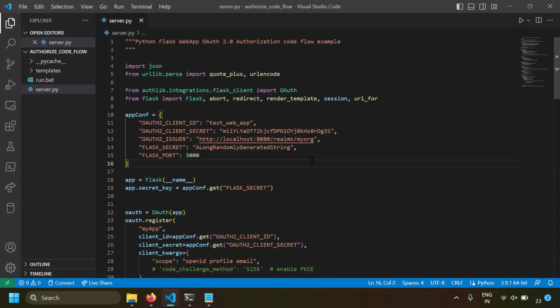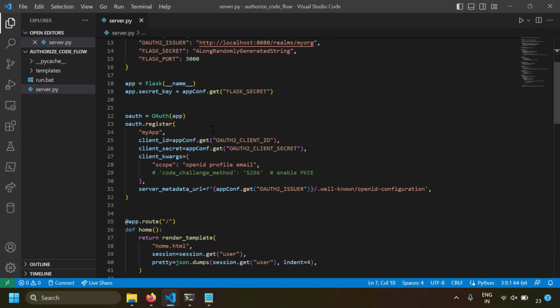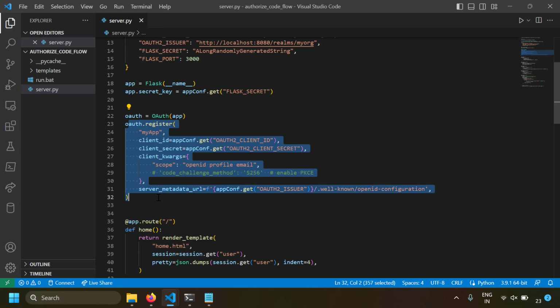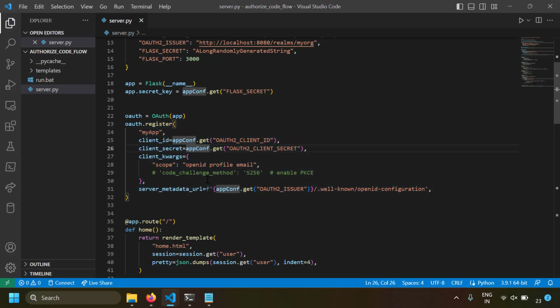But fortunately, there are libraries for almost all frameworks being used. For example, for Flask, there is this amazing library called authlib. They give an integration for integrating the OAuth 2.0 flow in your Flask application. It's really simple. You just create an OAuth application here and then register your application with the client ID, client secret, and the scope which we need to ask from the server,